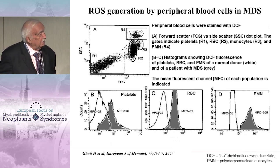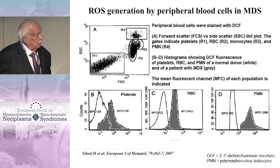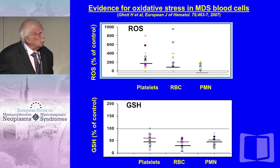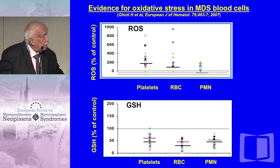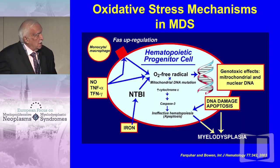Now, we found several years ago that there is more ROS in peripheral blood cells in MDS, in platelets, in red cells, and in white cells. This is by fluorescent microscopy, and you can see here ROS in platelets, red cells, and polymorphonuclear cells. On the other hand, the protective enzyme glutathione, which you see here, is low because it's utilized. You need it in order to control ROS, and if you don't have enough, the levels are low. One is up, the other is low. So already,